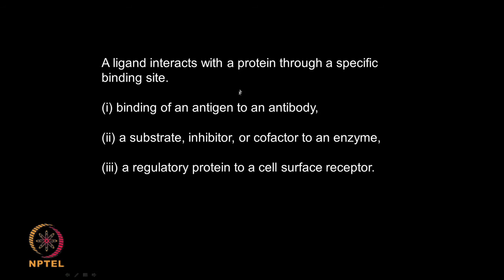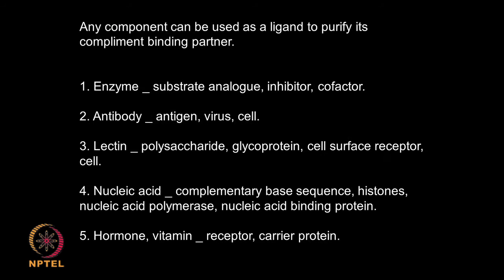So, a ligand interacts with the protein through a specific binding of an antigen to an antibody, a substrate or an inhibitor or cofactor to an enzyme, a regulatory protein to a cell surface receptor. Each one of them is complementing one another. So, we can have enzyme, substrate, analog, inhibitor, cofactor, antibody, antigen, virus, cell, lectin, polysaccharide, glycoprotein, cell surface receptor, nucleic